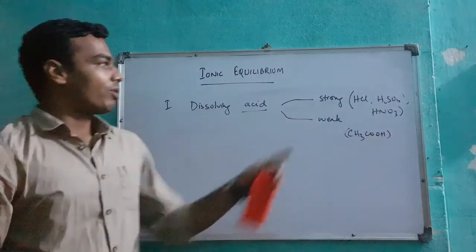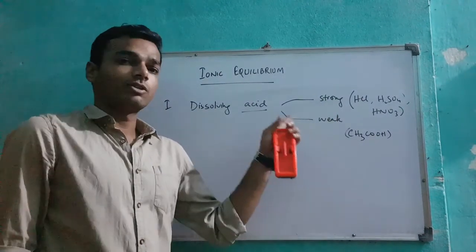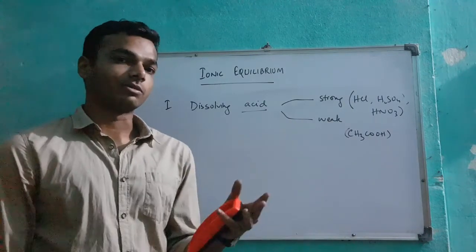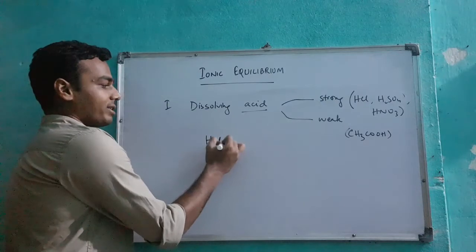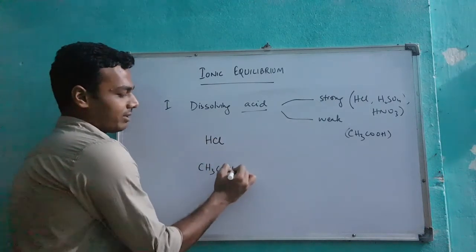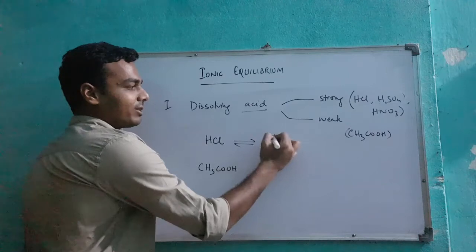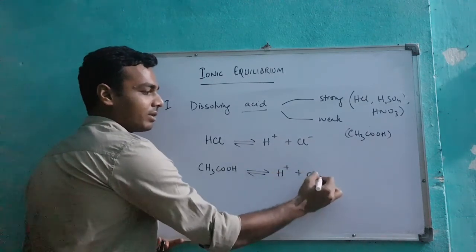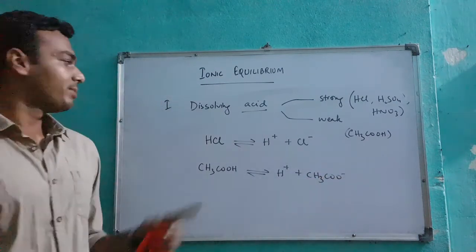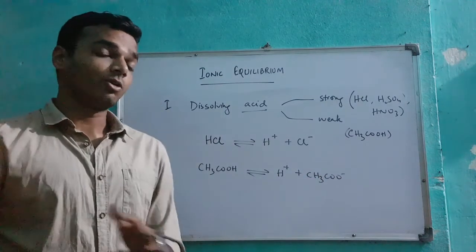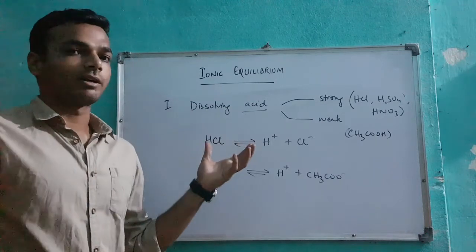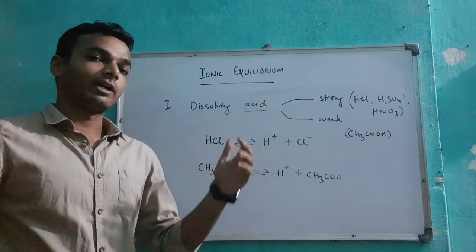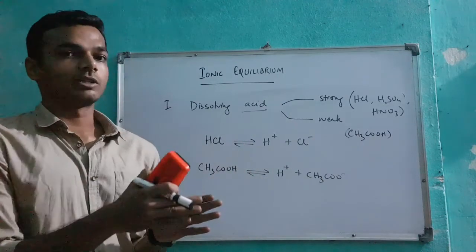Now, a strong acid and a weak acid dissolve differently. How differently? It's about the power to change into ions. So HCl is a strong acid and CH3COOH is a weak acid. So this breaks into H plus and Cl minus, and this breaks into H plus and CH3COO minus. This being a strong acid, it has no qualms or no reservation about holding some of the molecule back. It will dissociate fully into the ions. The K value of such is so high that it prefers to dissolve the whole concentration into ions.